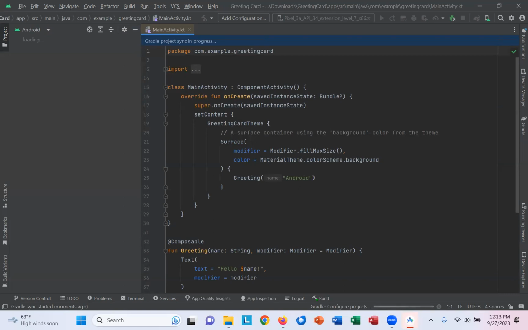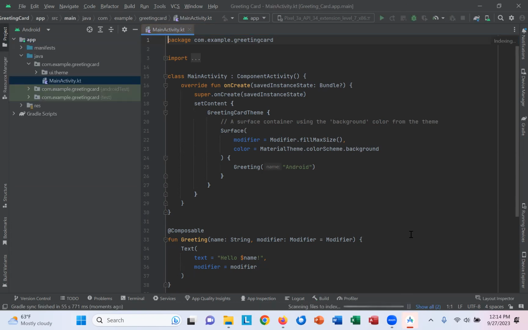And I'll put that in the Zoom chat just so everybody sees in case I went too quick. So when you create your new project, the app name should be greeting card, and the minimum SDK should be API 24 Nougat Android 7.0. And you'll notice here, it takes a while to build your app. Once it finally starts building,